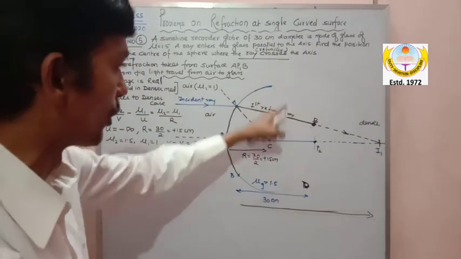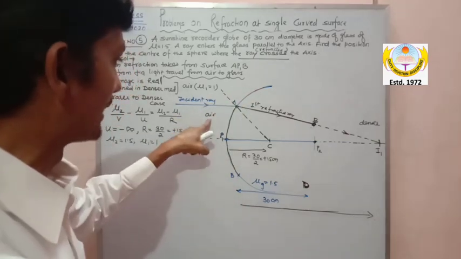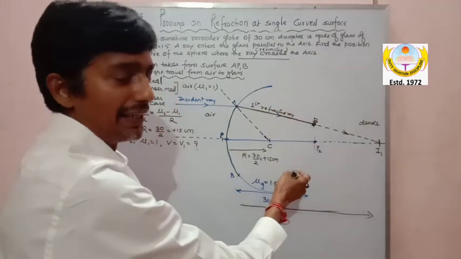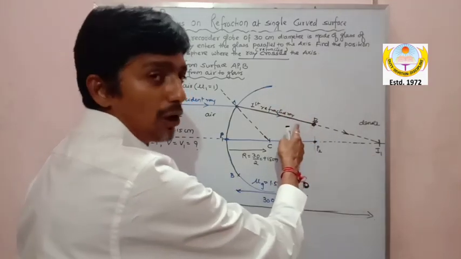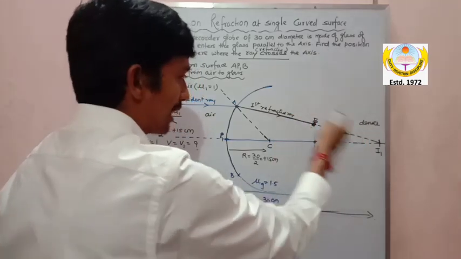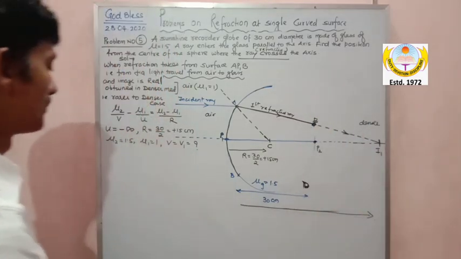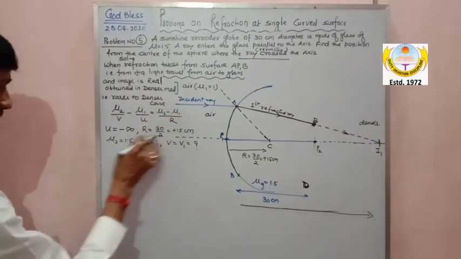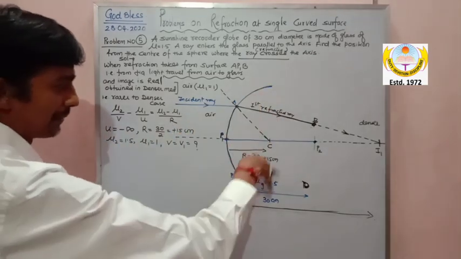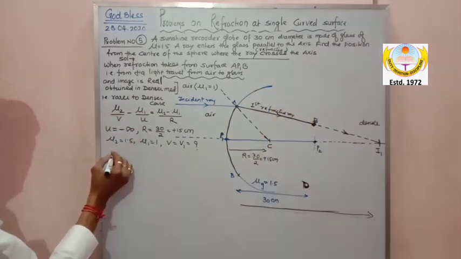I rubbed this figure. I have rubbed out a part of the globe. Because for this surface, this is the air and this is denser. But as soon as I draw this surface, my dear, this image will act as the object, and this image is in which medium? Denser medium. That means for this surface, the object is in denser and the image will form in the rarer. I'll show you the diagram. Don't worry about that. So first calculate this part. I hope you are understanding. So now this is very important. I am taking one surface at a time for a globe. So now this will be, my dear.